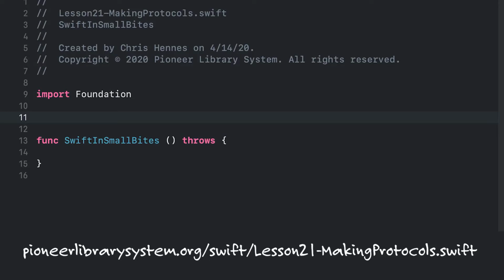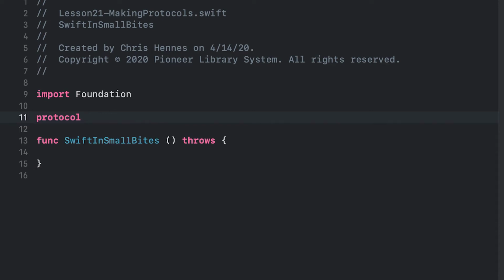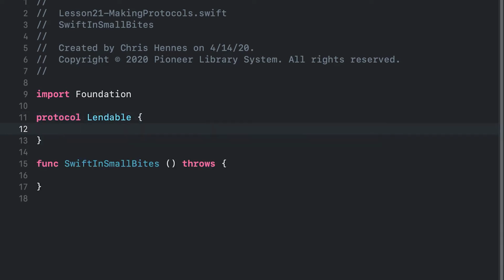Let's have a look. We'll begin with the keyword protocol. And then we'll make a name for our protocol. We're going to make objects that can be checked out of the library, so we'll call these lendables. A protocol looks a lot like a class. We'll create a function